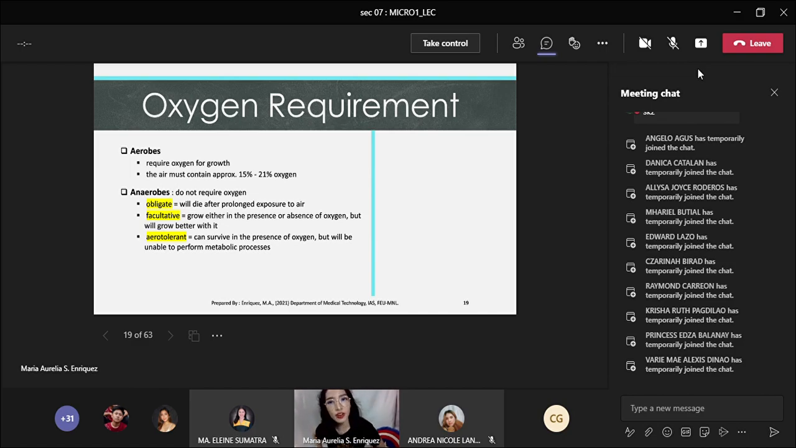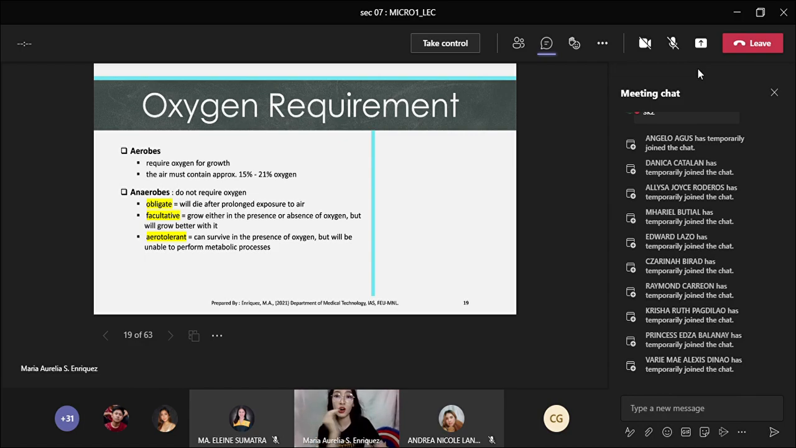For aerotolerant anaerobes, they can survive in the presence of oxygen, but they will be unable to perform metabolic processes. Okay, so kung ikukumpara natin yung